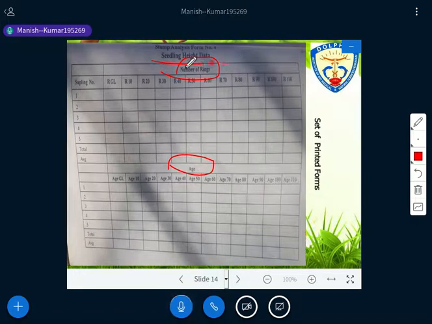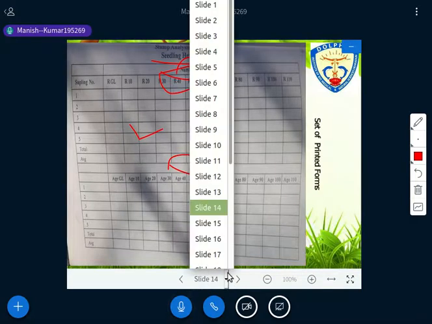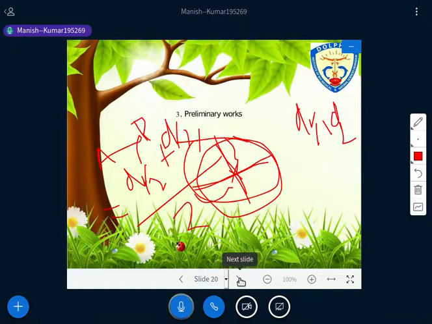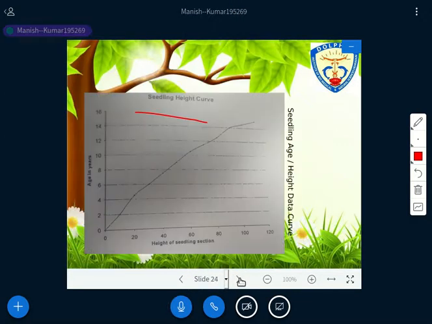Have you seen that the number of rings and age has to be calculated and written in this box? Fine. So all these things have to be incorporated here, and then you have to write, using that form number 4, the data that has to be written over there. Using that form you have to draw this curve, seedling height curve. So height of seedling is here, and this is age in years. Is it clear? Have you got that? Is the concept clear to all of you? Using all this data of form number 4, you have to draw this curve, right?